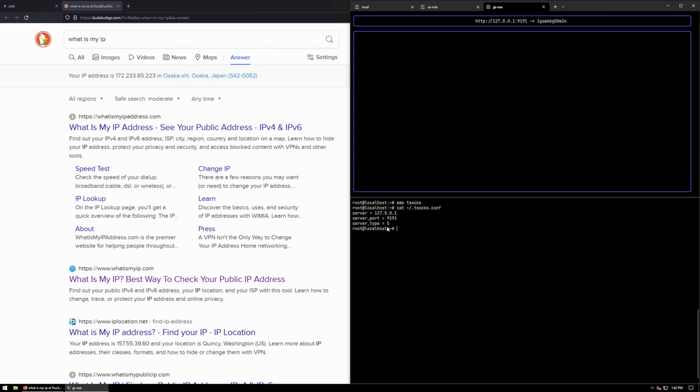it takes a server, a port, and a server type, and there's a bunch more nuances besides that. You can do partial tunneling and all kinds of split tunneling and stuff like that. But I'm basically saying that my server's localhost port is 9191 because that's my zrok access, and it's a SOCKS 5 server, so server type is 5. So we can do things like tsocks curl,